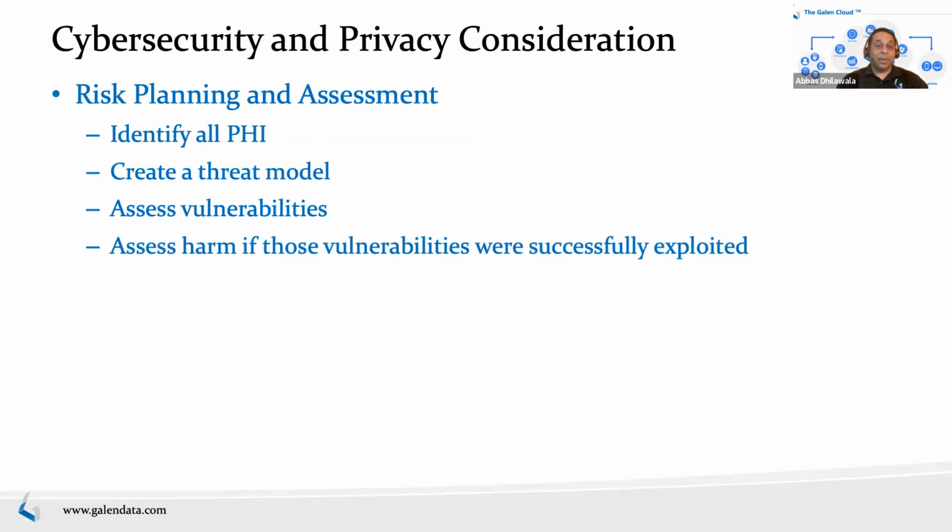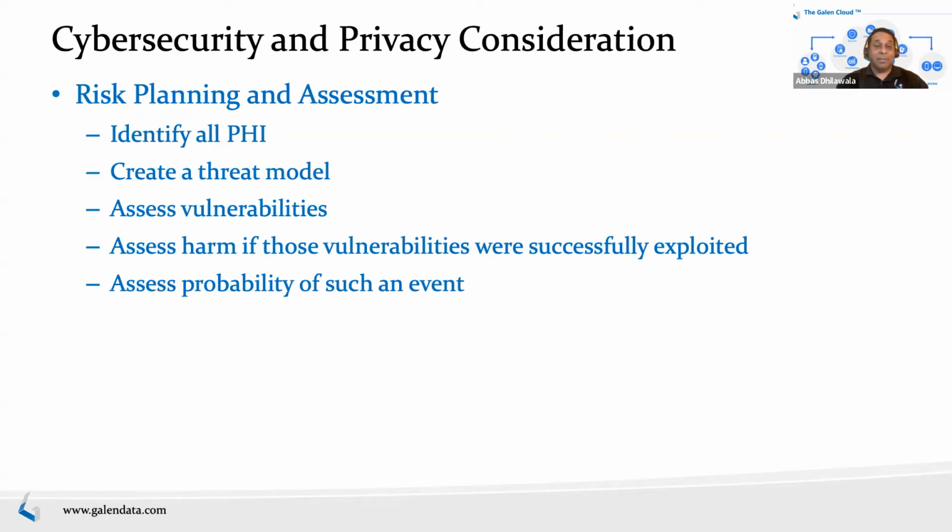And then you assess harm. What happens if those vulnerabilities are exploited? What's the harm to the patient? Again, very similar to safety risk, same process, same general risk assessment, and then assign a probability of such an event happening. Now the probability is only for priority. Probability shouldn't be used to completely discard those risks. It's just to identify what you should address first. Obviously, there are limited resources. Nobody has unlimited time and money. So there are always going to be certain risks that you accept, and you have to do your risk-benefit analysis at the end, just like you do with your safety risk. You do that with cybersecurity risk. But you want to assess probability.